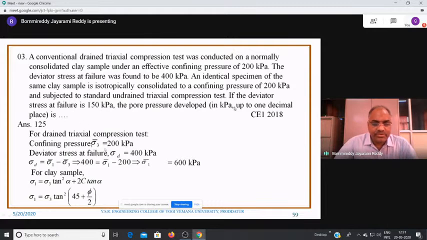So what you do is, initially 200 is the cell pressure, sigma D equal to 400. From sigma D equal to sigma 1 minus sigma 3, you can find out the sigma 1 value, which is 600. And for clay samples, you know, sigma 1 is sigma 3 tan square alpha plus 2c tan alpha. And for clay, when it is given clearly in the problem that it is clay, sigma 3